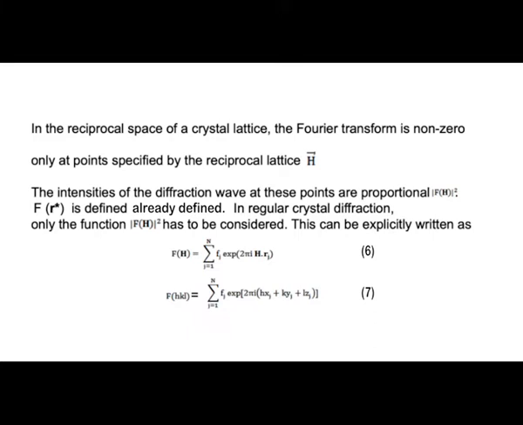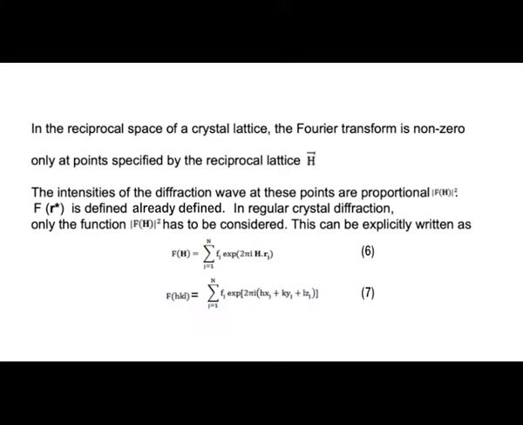If so, what will be the contribution coming out of the contents of the unit cell? That is defined by the left hand side as either F of capital H or F of HKL. So don't consider the product HKL. This is the notation we mean in crystallography, F of HKL. Such a factor corresponding to HKL can be defined as a summation over all atoms running from j equal to 1 to N, the product of atomic scattering factor fj and the exponent containing e power 2 pi i (h xj